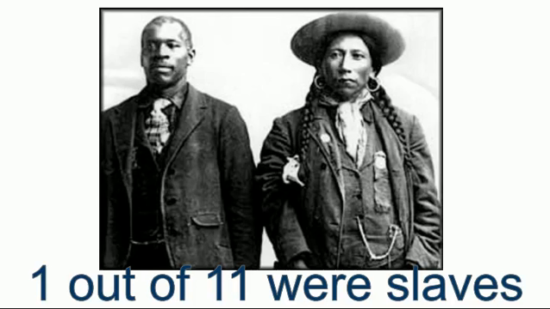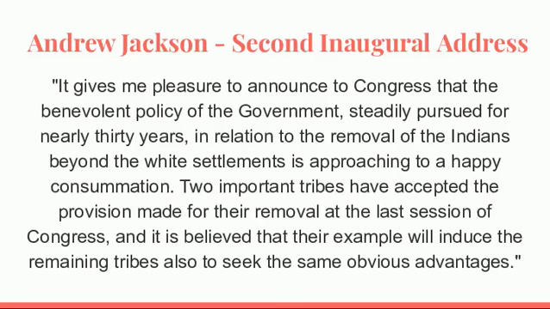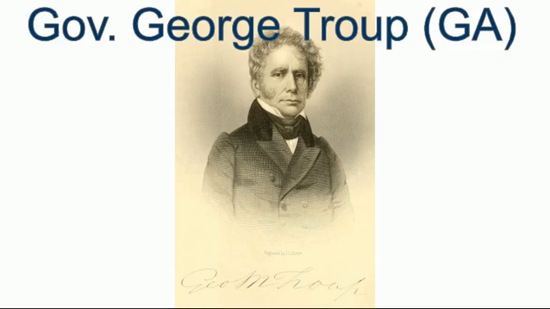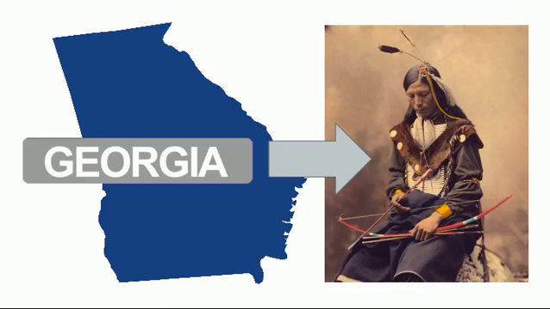So to say that these Native Americans weren't similar to their white settlers around them is just incorrect. Now, what happens is that Andrew Jackson is going to begin a mass removal of Native Americans, in particular in Georgia. So in Georgia, the governor of Georgia wants white settlers to be able to have the land the Cherokee were on. So he begins to force Native Americans off of Georgia land and give that land to the white settlers.